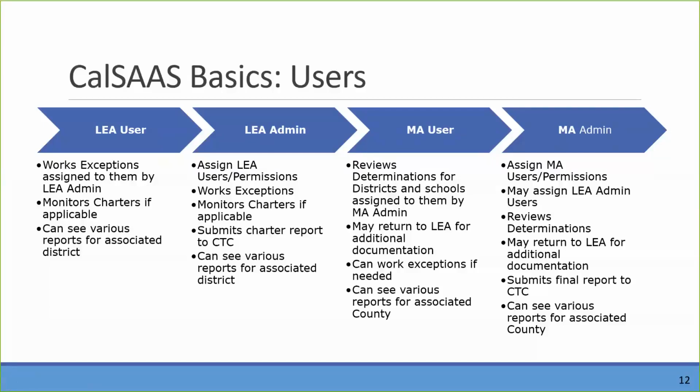The MA can look at it and say, no, in order to approve this, I need to see more documentation, or I have questions. So they can return something back to the LEA and ask for something more. They can ask for documentation, like a governing board agenda item, or minutes, excuse me. Might be documentation they want to have uploaded, transcripts they might want to have uploaded, a master schedule maybe on a middle school course setting they might want to have uploaded. So there's different things that they can request from the LEA.